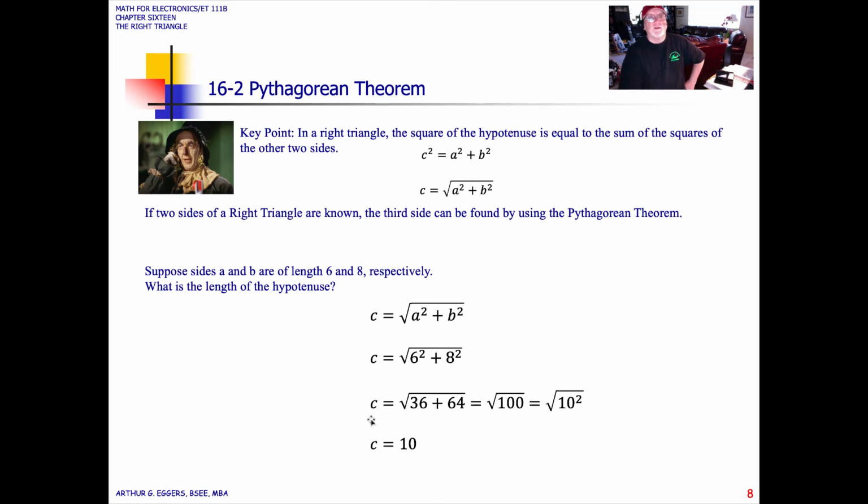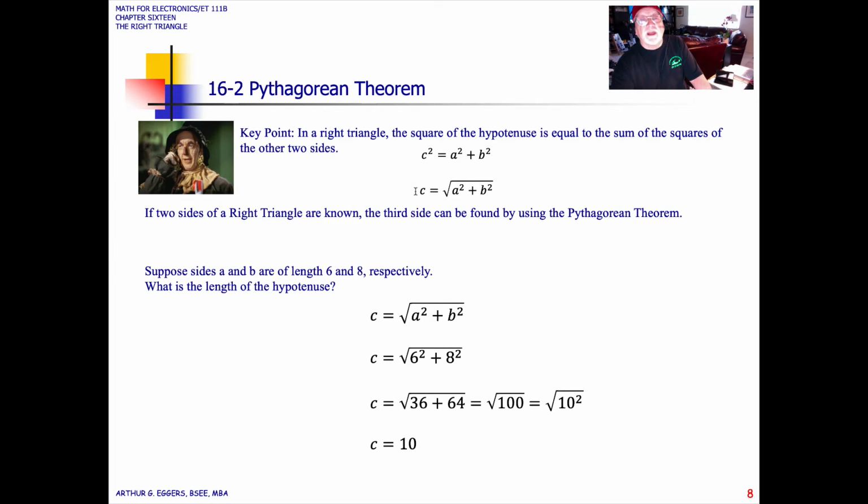So another tool is the use of the Pythagorean theorem. The Pythagorean theorem states that in a right triangle, the square of the hypotenuse is equal to the sum of the squares of the other two sides. You probably remember that from the Scarecrow in The Wizard of Oz. That's his aha moment. So the Pythagorean theorem: c squared is equal to a squared plus b squared,